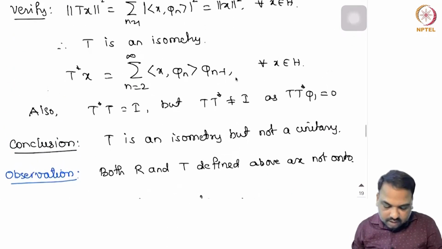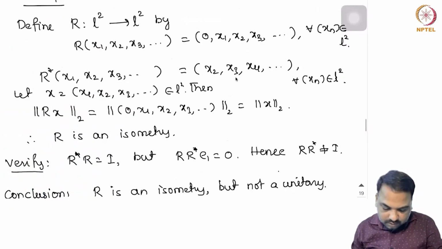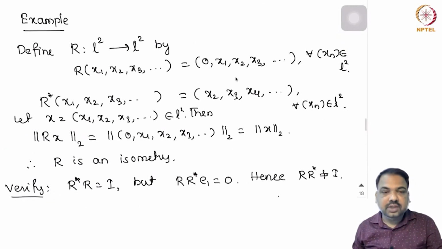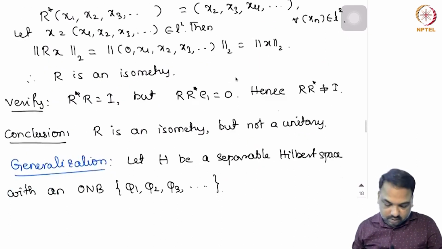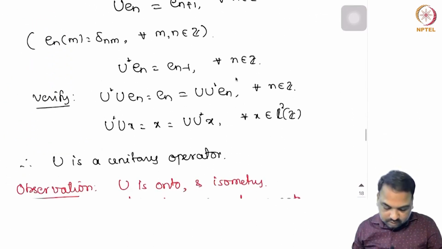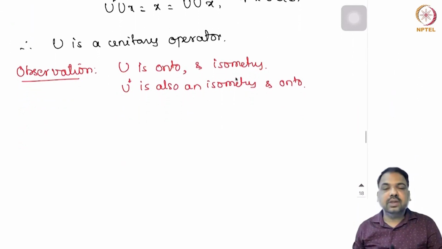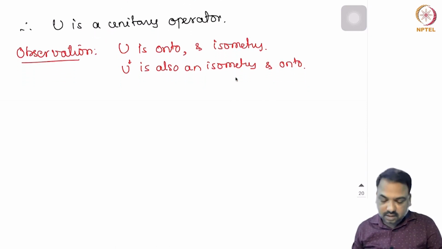But if you look at the earlier example, the right shift operator R on L2 is an isometry, but its adjoint, R star, is not an isometry, and we have already observed that R is not onto. So from these two observations and with these two examples, we can get an idea that there is a lack of surjectivity in an isometry, which makes it an isometry but not